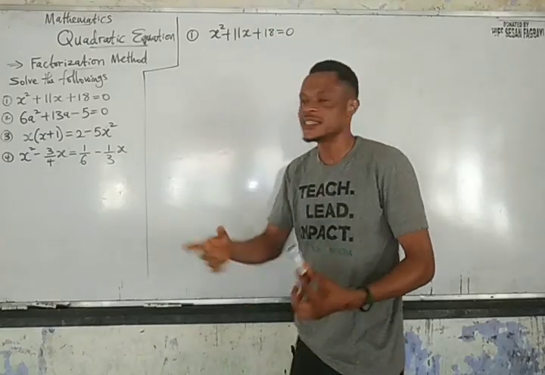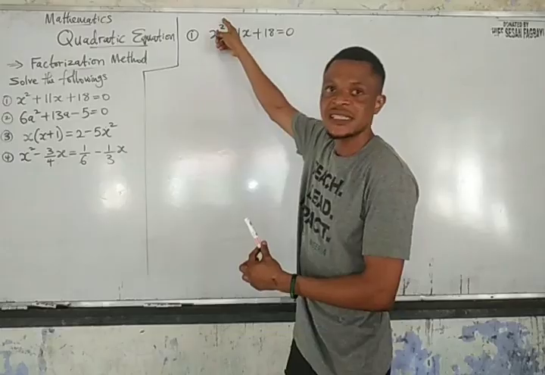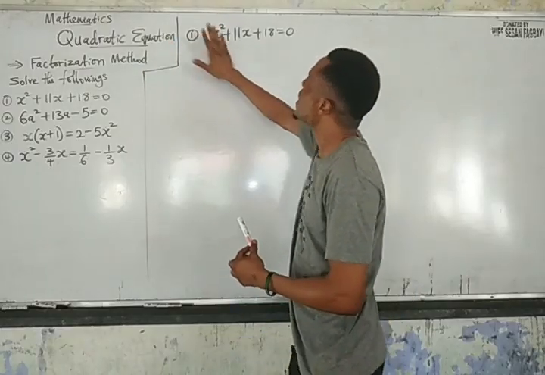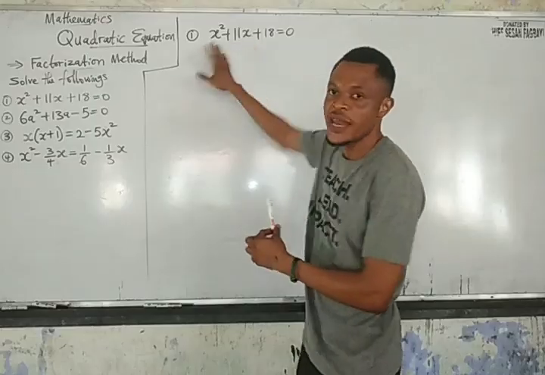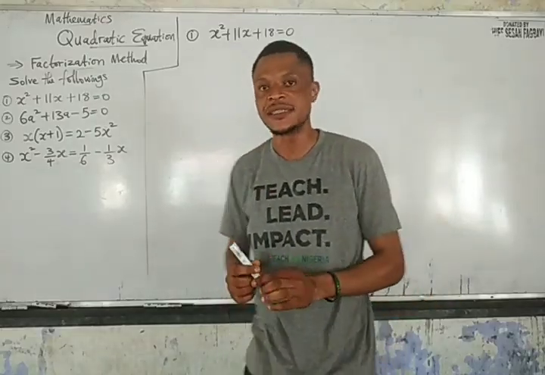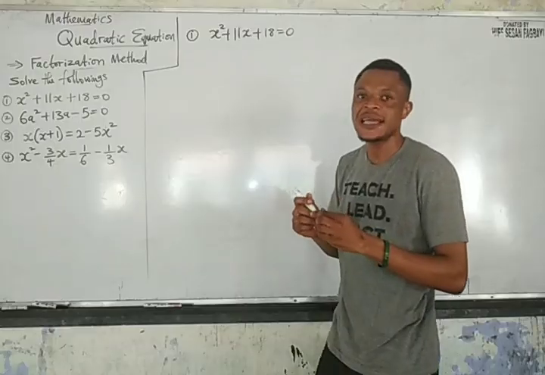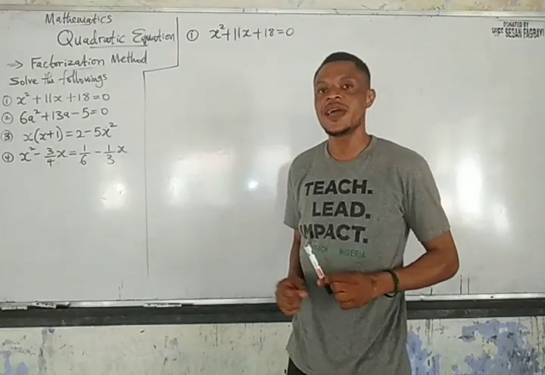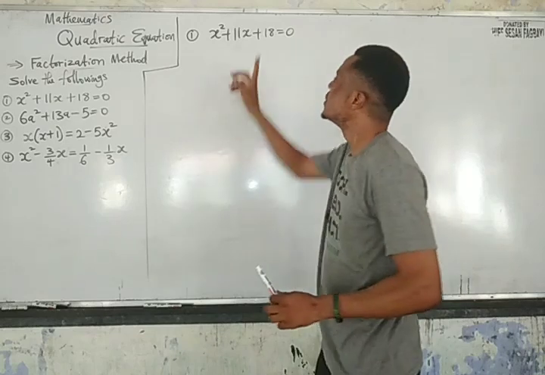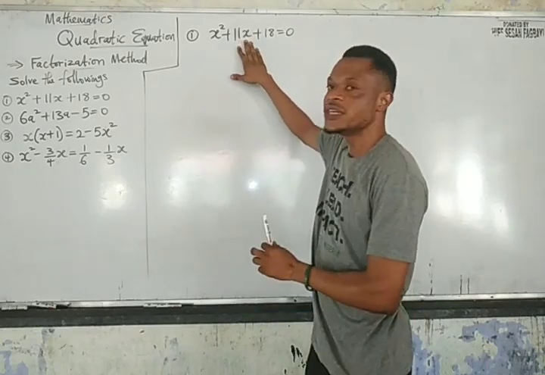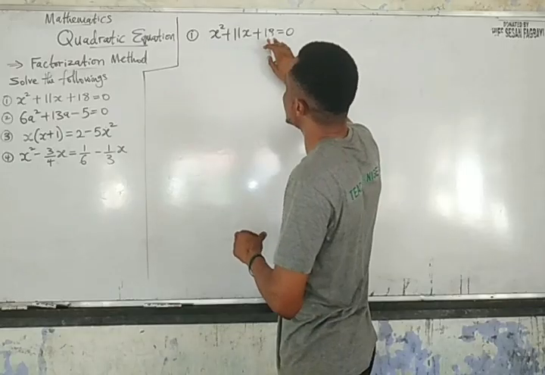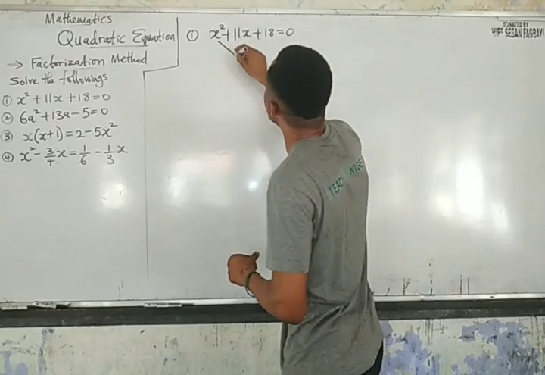How do we identify this? The one that has square is the A. We regard it as the A. And the one that is not having any form of alphabet, we regard it as the C, which is the constant. So the first step is to multiply the A and C together. Then what is the one in the middle? That one is called the B. The B in the sense that it has only the alphabet without power. Now multiplying the A and the C together, it will give us